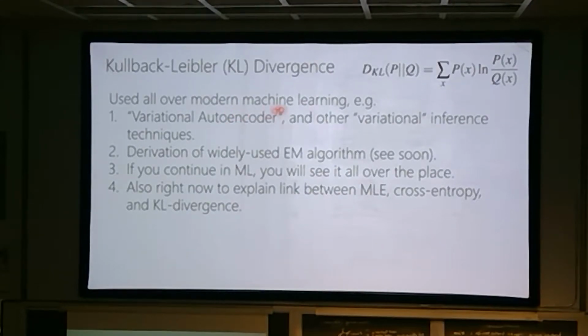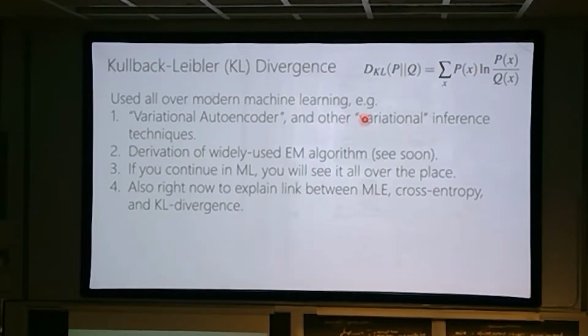It's a kind of autoencoder that uses variational inference, and anytime you hear the word variational in machine learning, basically this quantity is going to end up in there, and you're going to be trying to minimize it because you want some data distribution to look like a predictive distribution generally. And in a few classes, we're going to see something called the expectation maximization algorithm. It's going to come in there.